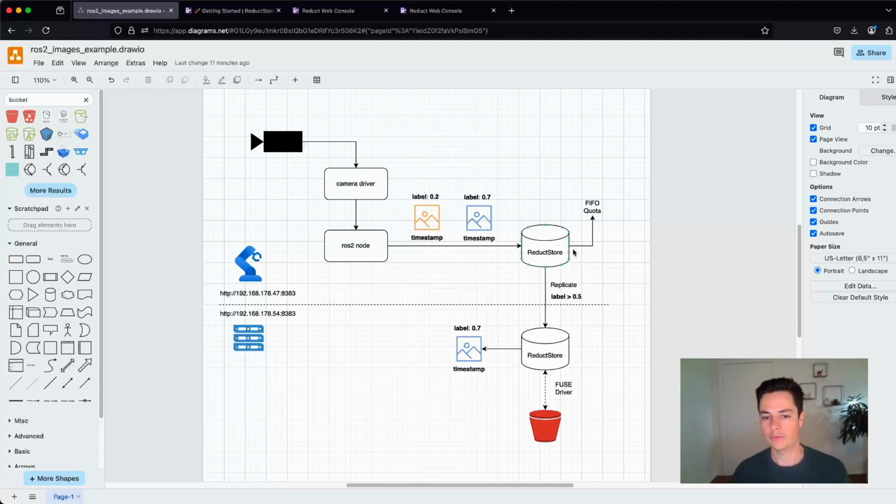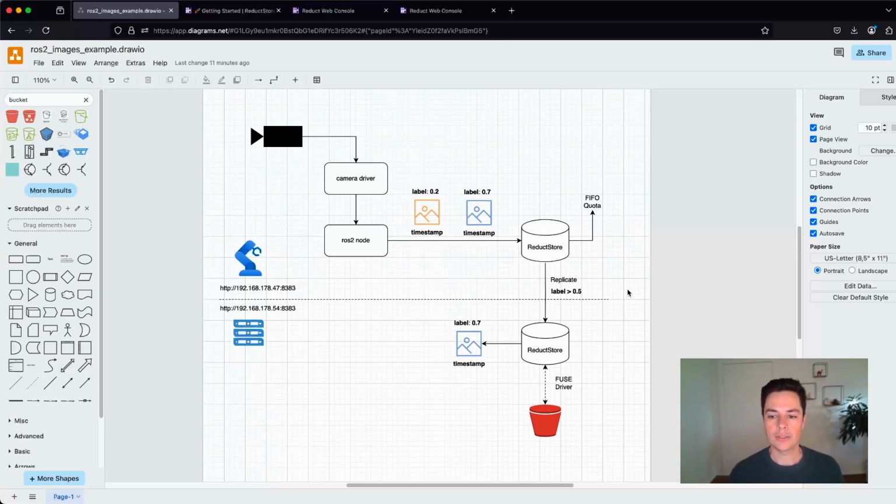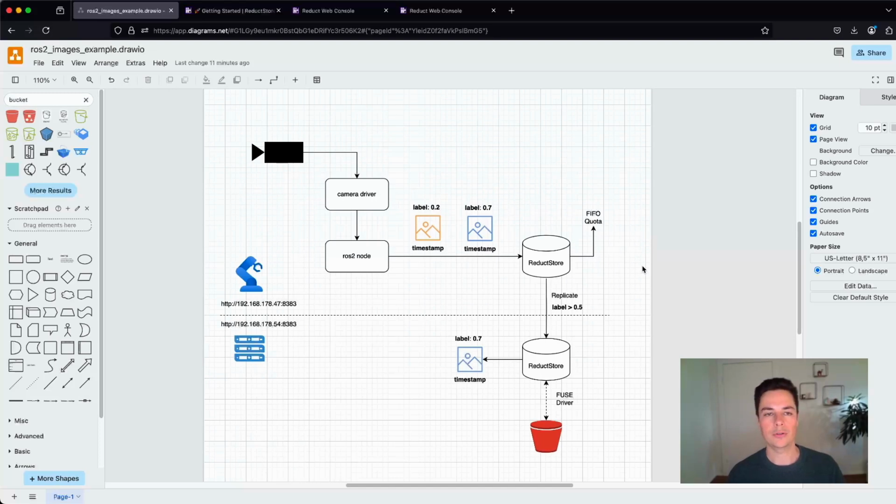And then we have to be careful about the FIFO quota that we set on the robots to never run out of space, and make sure we set boundaries for the amount of storage we use. And the replication task can be used as part of your reduction strategy, if you want to store a subset of images to a central storage